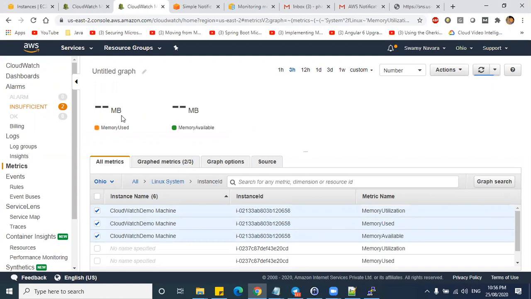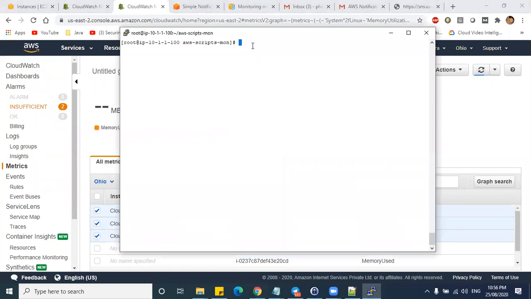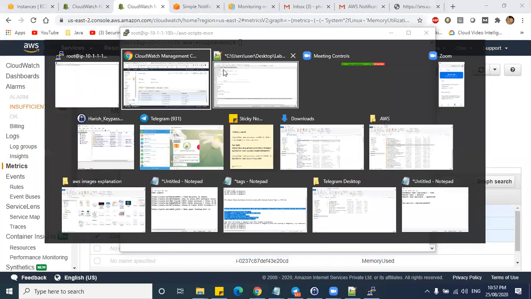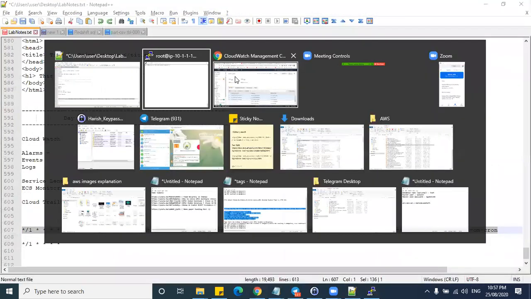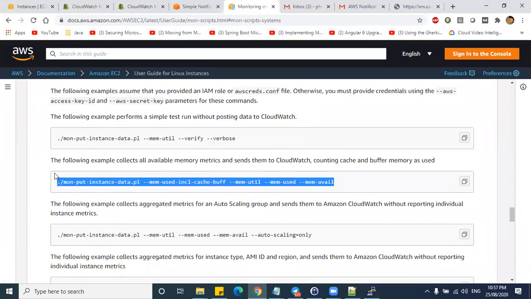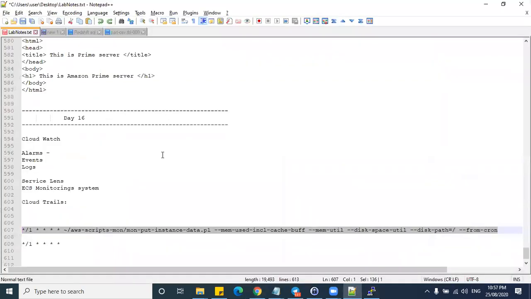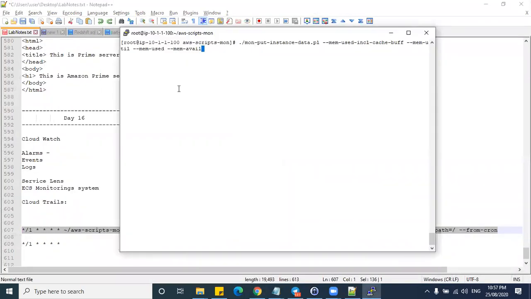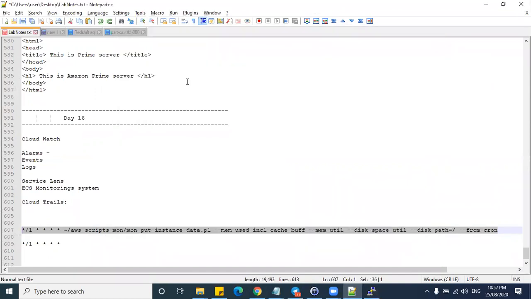Yeah, now it is not pushed currently because this is the new metric which we selected now. So if you execute this command, successfully reported.